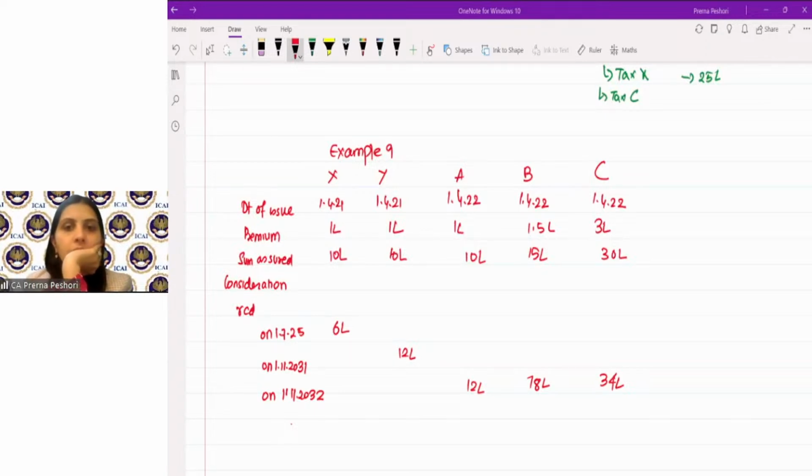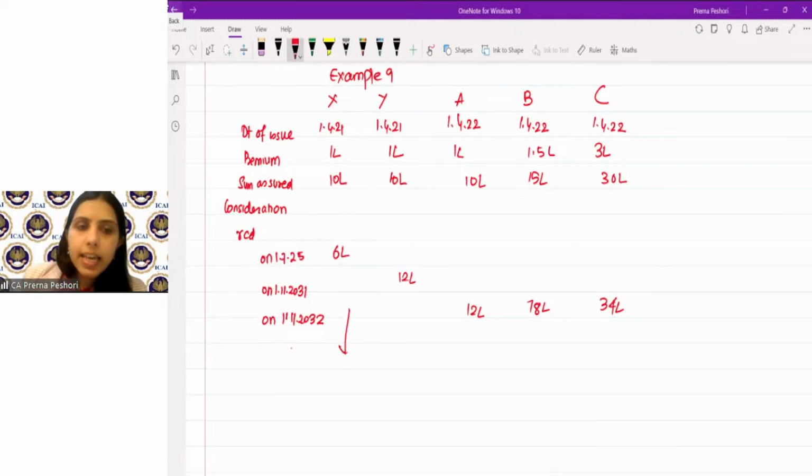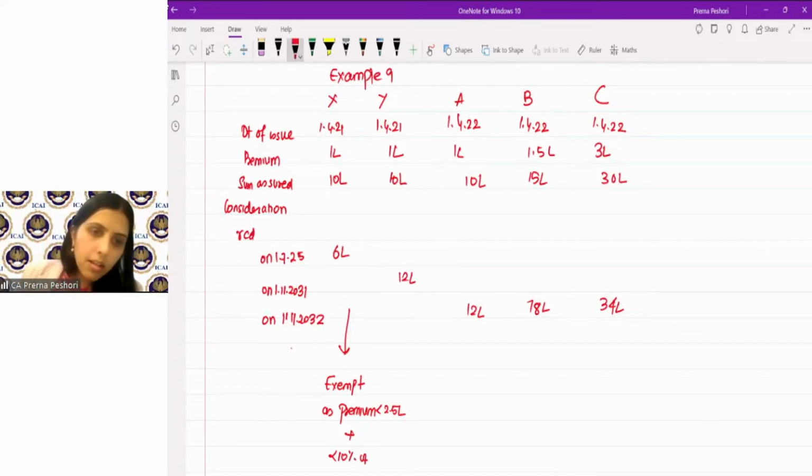Yes. X, Y, A. Y and B. Okay. Question for X does not arise. Yes. Okay. Let's try and understand. All of your answers may be correct. Let's try and understand. So, X is any which way exempt, as the premium is less than 2.5 lakh plus less than 10% of sum assured,